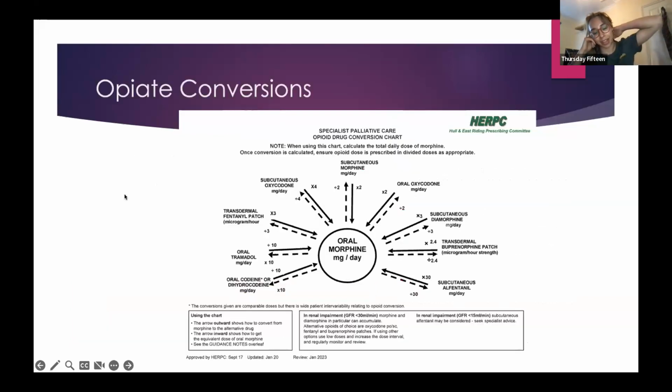Okay, so this is an opiate conversion chart. It's good to commit some of the basic ones, the oxycodone and the morphine ones, to memory just for your exam. So oral morphine converting to subcut morphine is just divide by 2, or times by 2 to convert back. Oxycodone is twice as strong as morphine. So oral oxycodone is twice as strong as oral morphine. And then subcutaneous oxycodone is 4 times as strong as oral morphine. So just remember those. I think those 3 would probably be enough to remember. I don't think that you'll be asked to calculate transdermal fentanyl conversions without being given the conversion number in the exam.